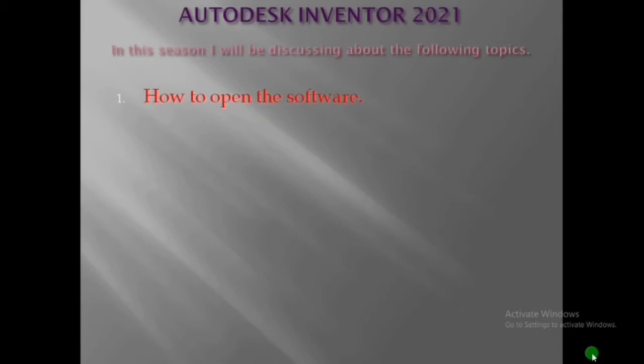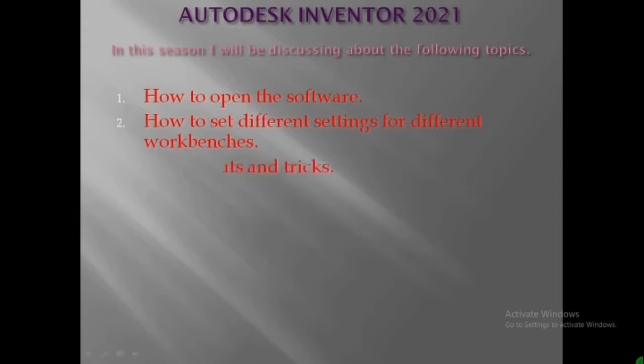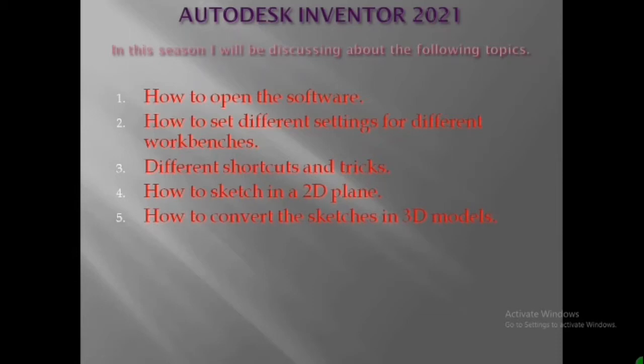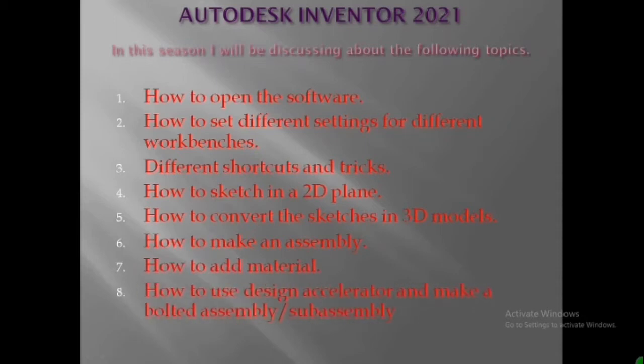So I'm going to discuss the following topics in this tutorial class. Open the software, how to set different settings for different workbenches, different shortcuts and tricks, how to sketch on a 2D plane, how to convert the sketches into 3D models, how to make an assembly, how to add material to them, how to use design accelerator and make a bolted assembly,